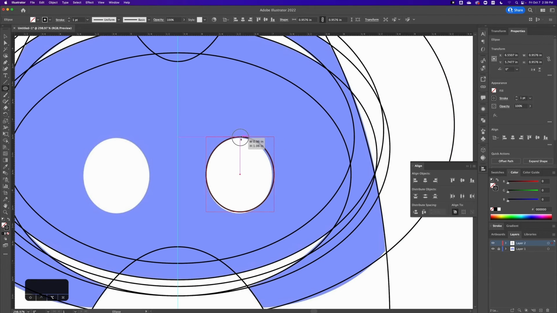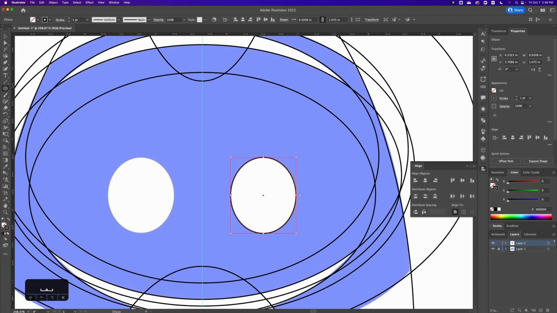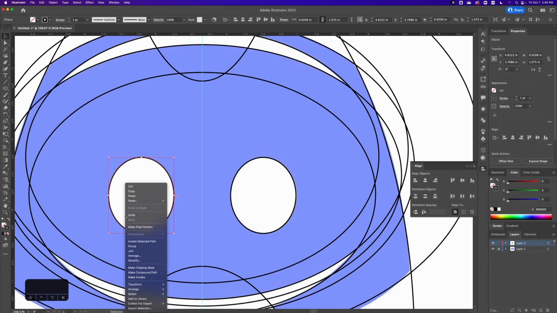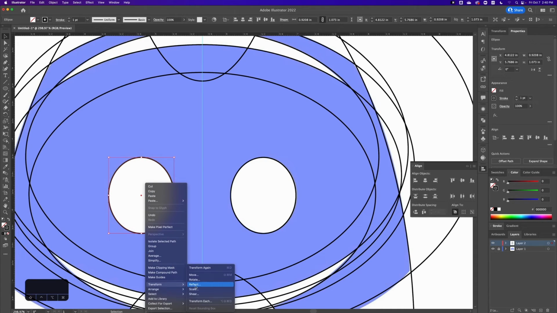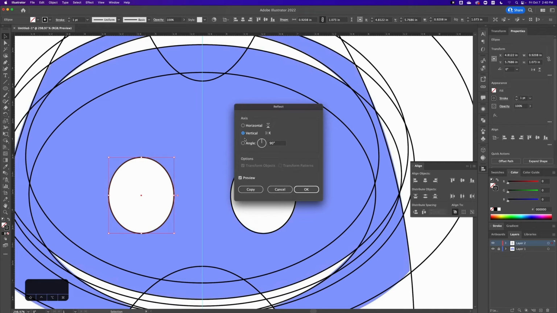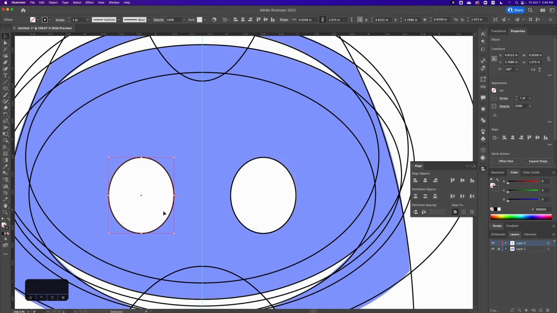I just wanted to make them, okay. So I have the first one. I'm gonna make a copy of that on this side, and because it's not symmetrical, because I played with one side, I just wanted to turn it and reflect it. In order to mirror this shape, I'm gonna right click, go to Transform, Reflect, and the line that I'm gonna flip it over is the vertical line. Okay, so